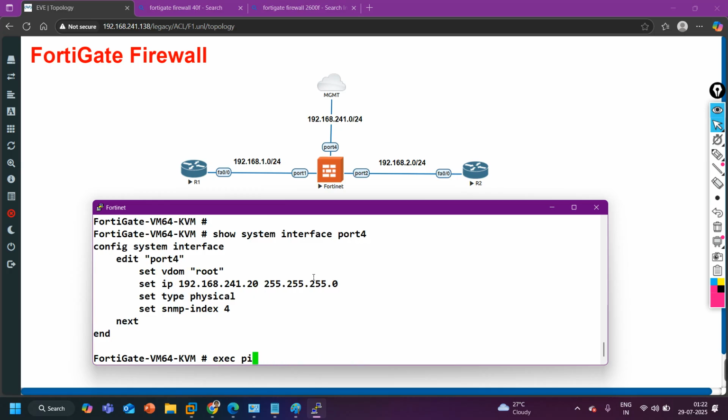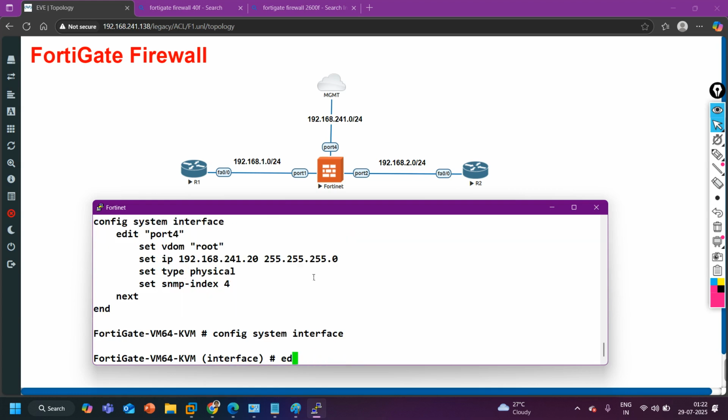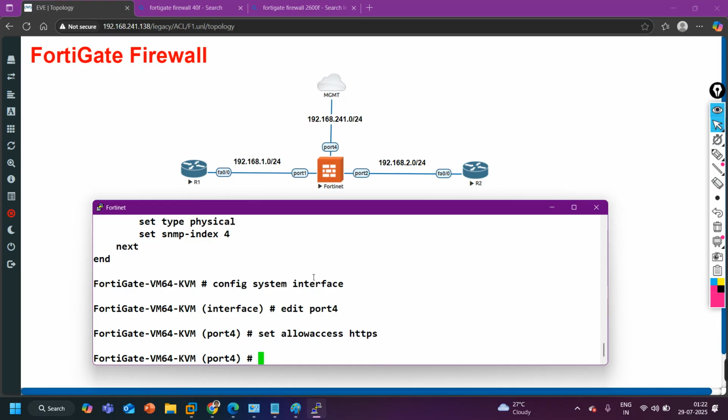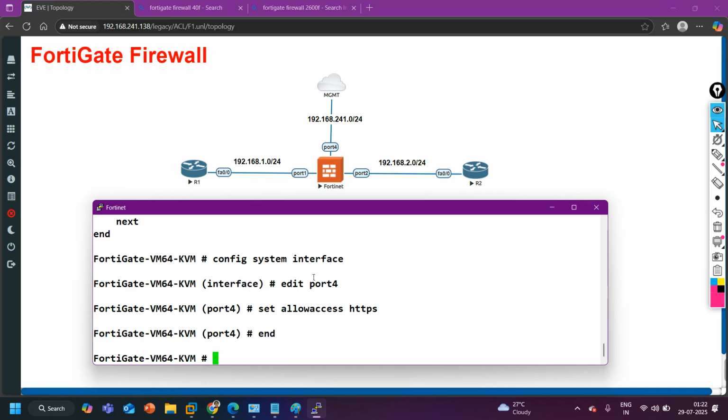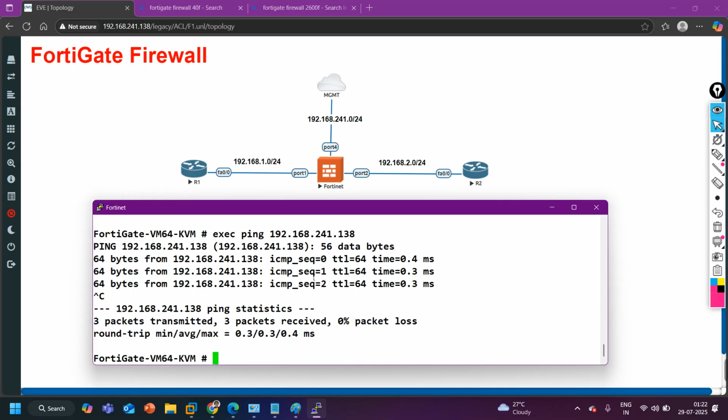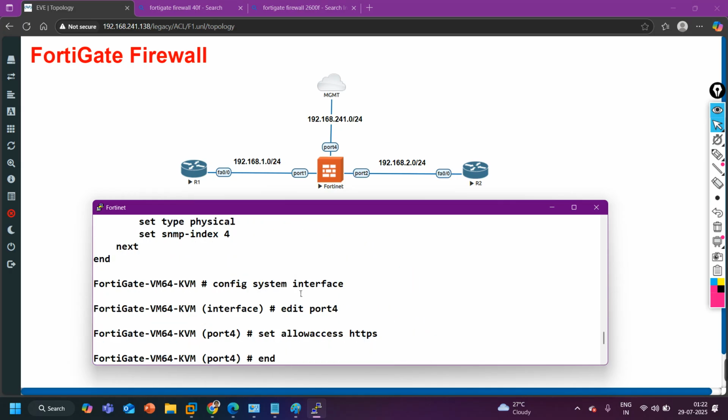If I am going to allow only HTTPS, here config system interface and edit port number 4, edit port 4, and I am going to say set allowaccess, let's say HTTPS only. So now only HTTPS protocol is allowed, only this service is allowed here. So now if I try to execute the ping command, then it will not work. You can see on port number 4, I think